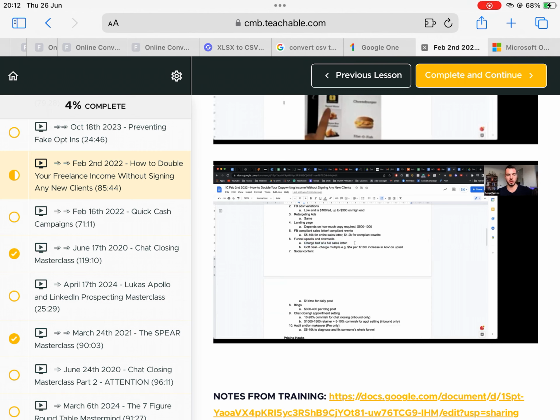So let's say you charge them 10 grand for a sales letter. I think 5 grand for the upsell would be pretty fair. One, because it's probably about half the work, and two, because it's super important. It's kind of the make or break of whether your funnel is profitable on the front end. So upsells are super important, and we won't have downsells in the same training.